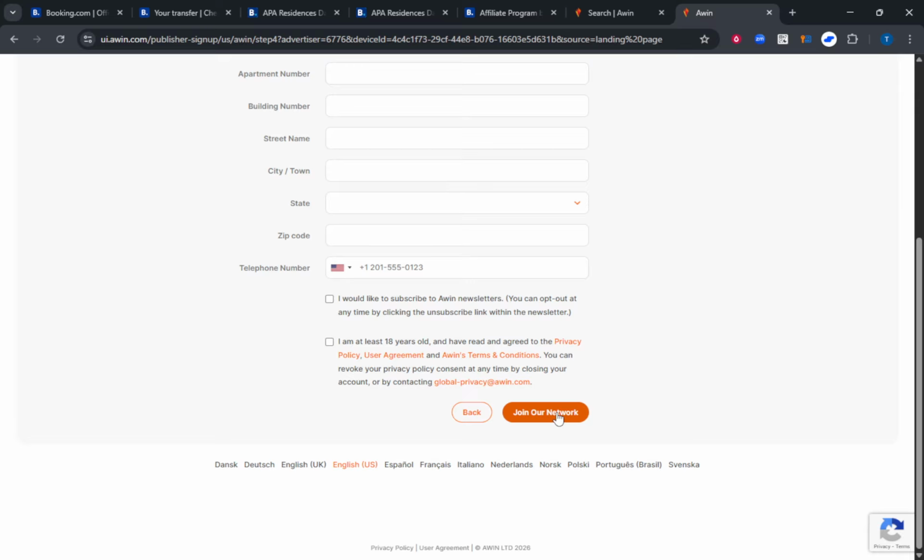Once approved, you'll gain access to your affiliate dashboard. Grab your unique Booking.com tracking links, banners, and any available widgets, and place them on your blog, website, app, email where allowed, or social channels in line with network policies. Use link tools to create deep links to specific destinations or properties, and always test your links to confirm tracking